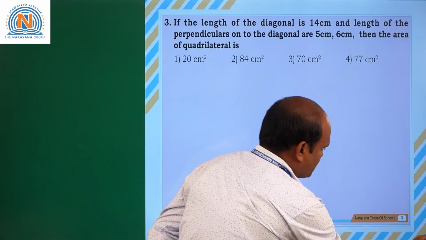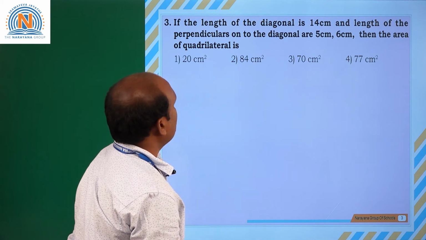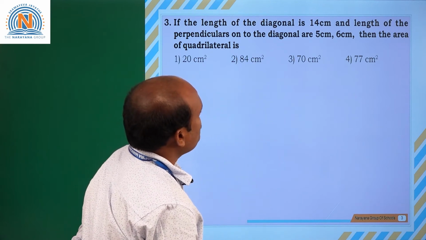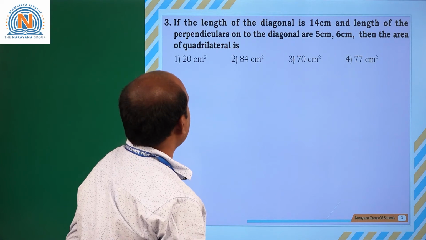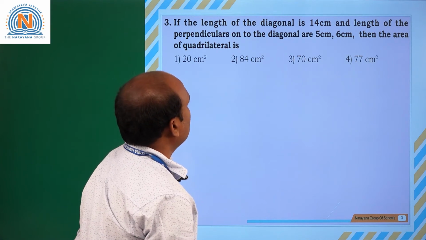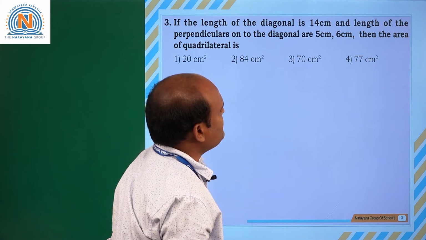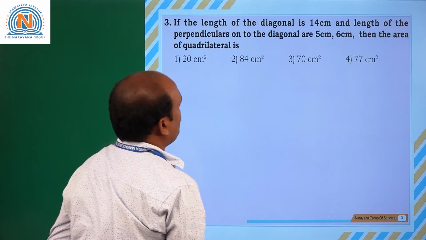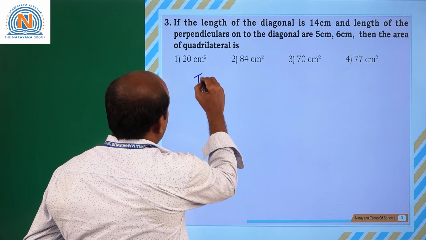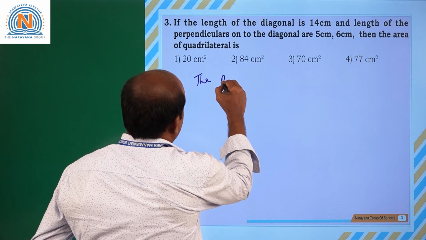Now coming to the next one. If the length of the diagonal is 14 centimeters and the length of the perpendiculars onto the diagonal are 5 centimeters, 6 centimeters, then the area of a quadrilateral. So what is the formula of area of a quadrilateral? The area